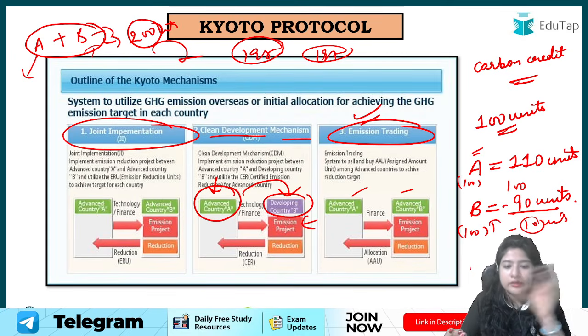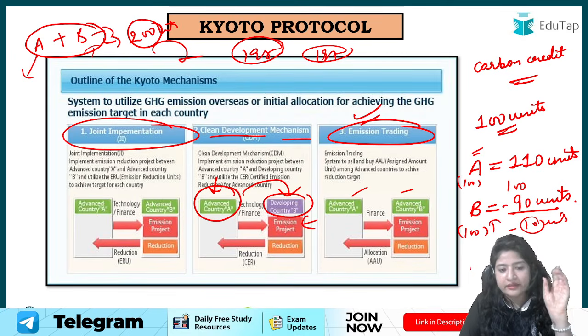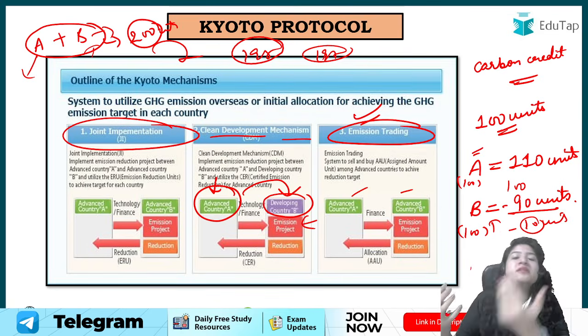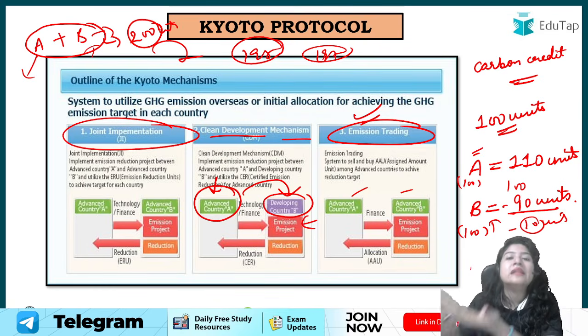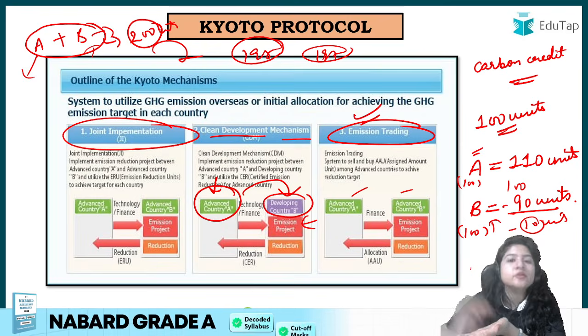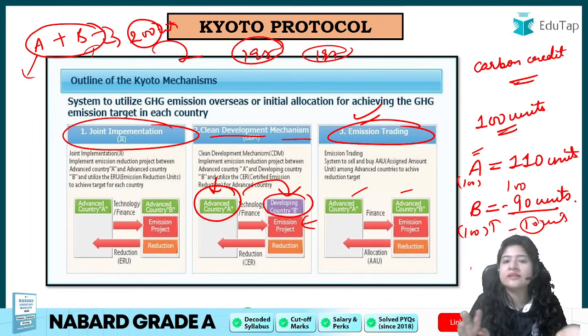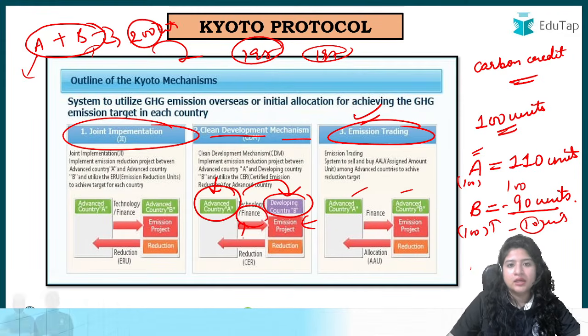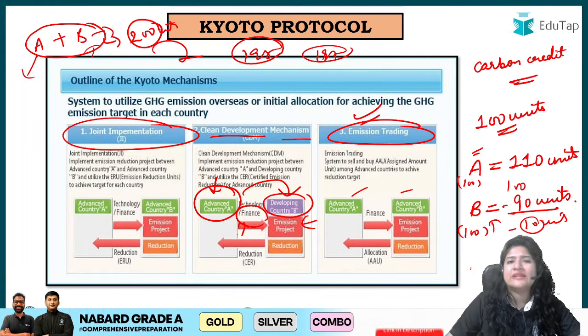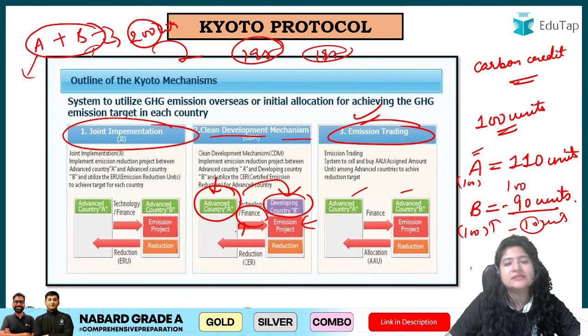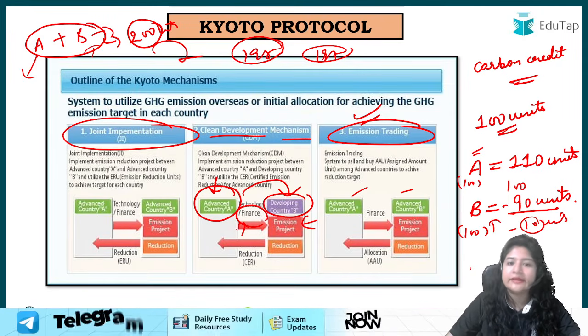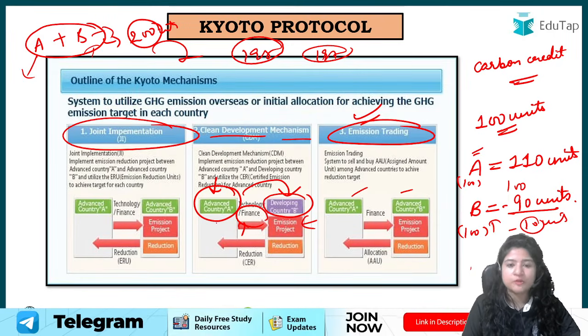Okay, so in such cases, developed country A can come up with projects which will add sustainability into the current development. ठीक है, तो either they can do so, or if not technology, they can finance country B for any project, so that again sustainability is done in that particular country. ठीक है, तो ये तीन आपके कुछ क्योटो मैकेनिज्म्स हैं.